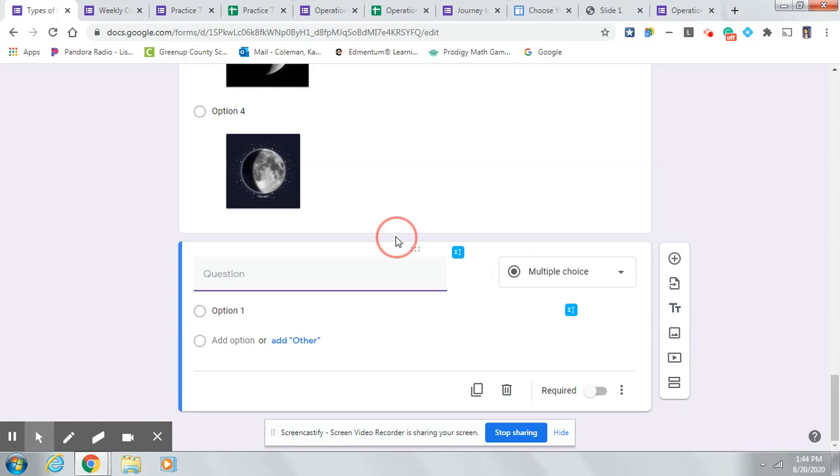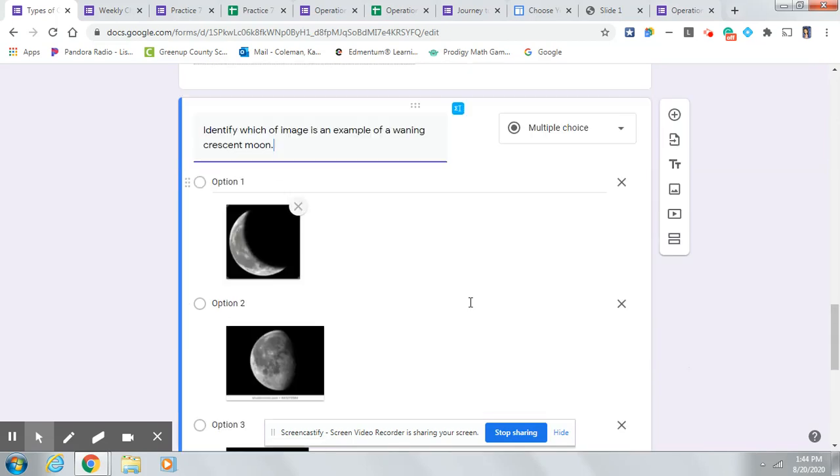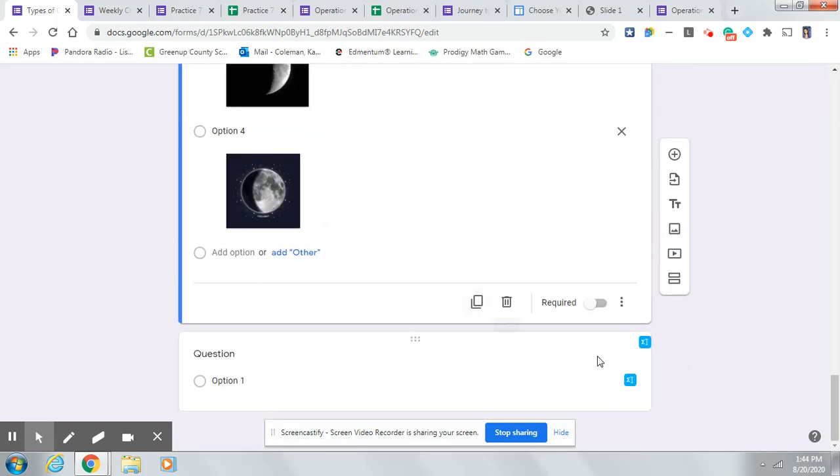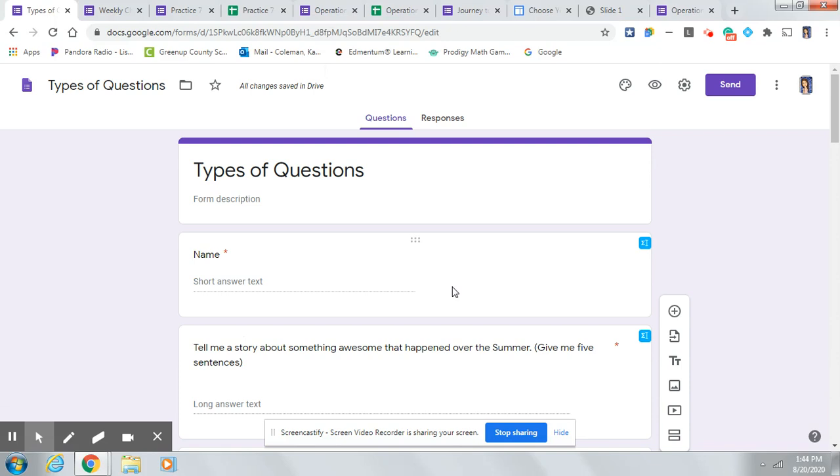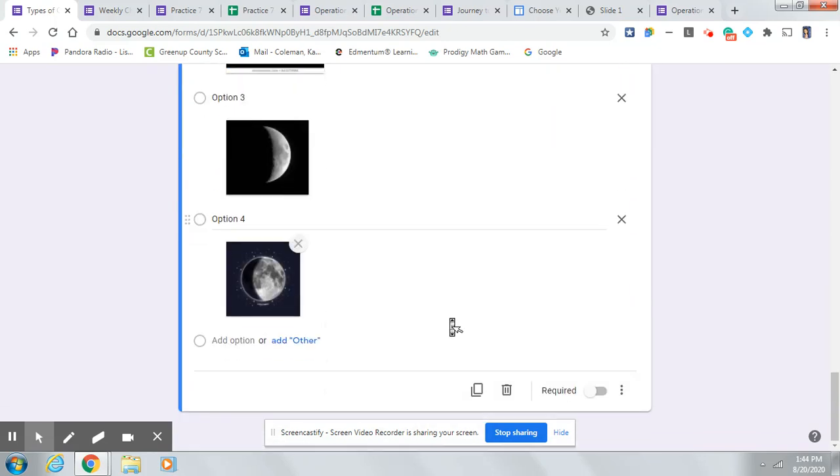So you're going to have to add the video after your last question. Let me get rid of that so it's not confusing. So one option is to include a video in your form and then ask a question after the video. There's not a place to put a video in the question, so you have to put a video right after